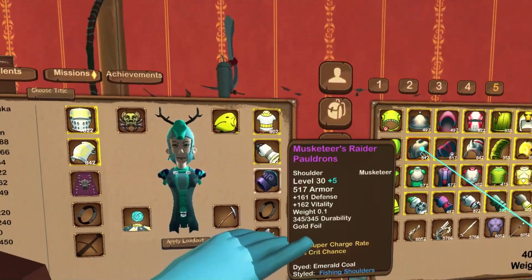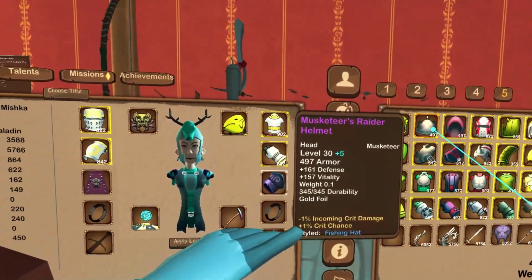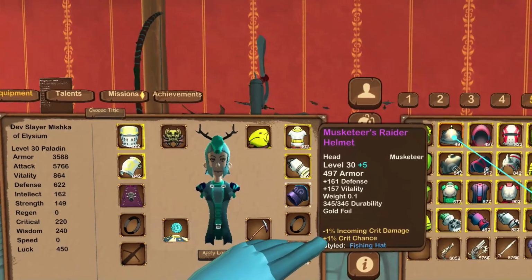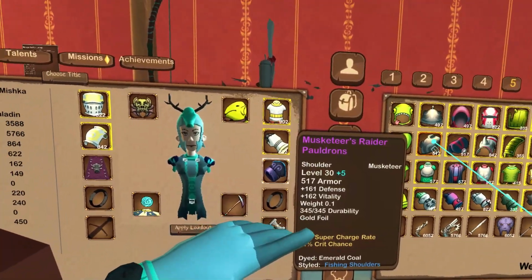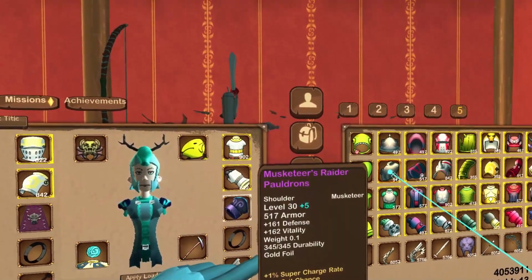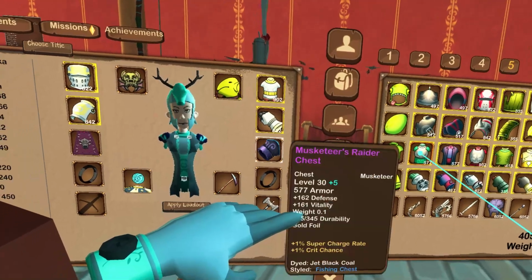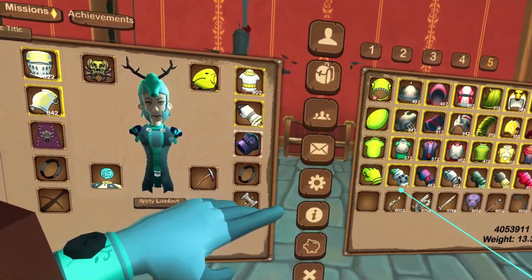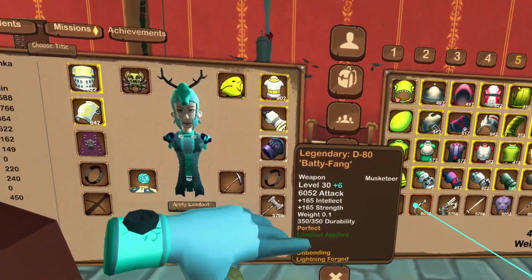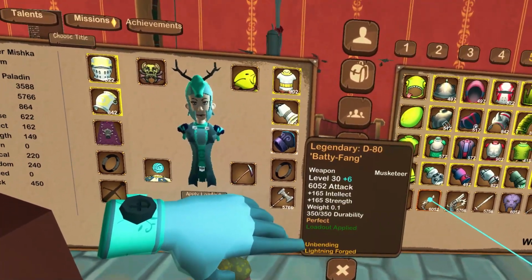Musketeer, supercharge rate and crit chance is what I went with. I'm not sure what's going on with my helmet here. Maybe this is the last piece of raid gear I got. But supercharge rate, because that super will save people if it's really bad. You can get all your orbs back right away. And crit chance, because like I said, crit healing is awesome. I've got Lightning Forge, Unbending on it. I need to get off of Lightning Forge, but I don't have a huge stock of Effervescence, so I'm not